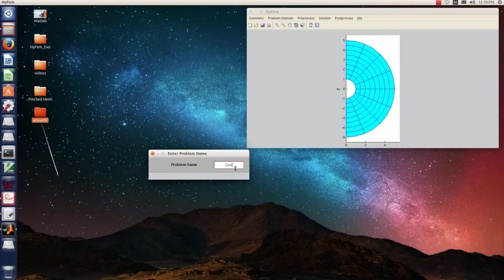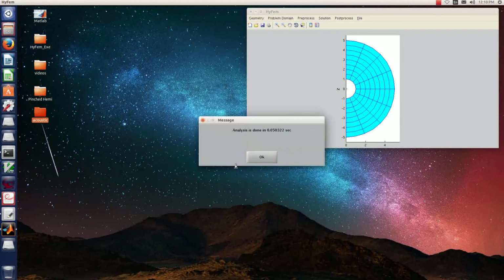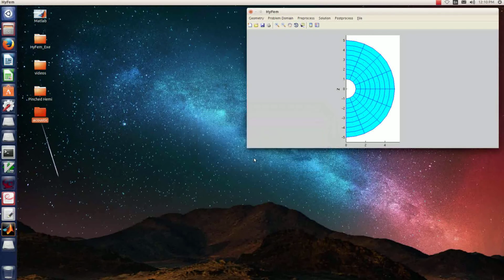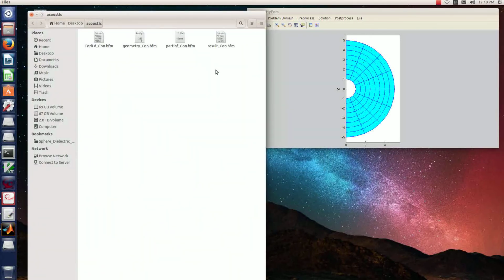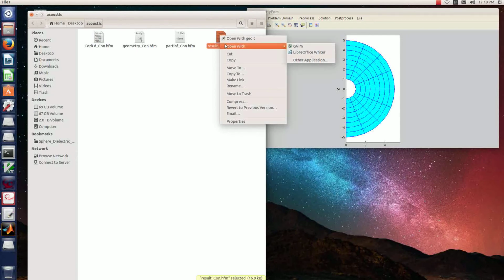Problem name can be anything. As I am using conventional element, I am giving con. So in that folder you have the geometry file, BCD load file and result file.